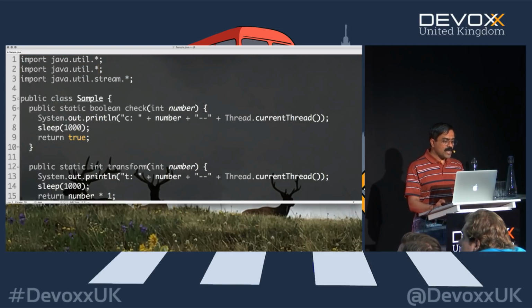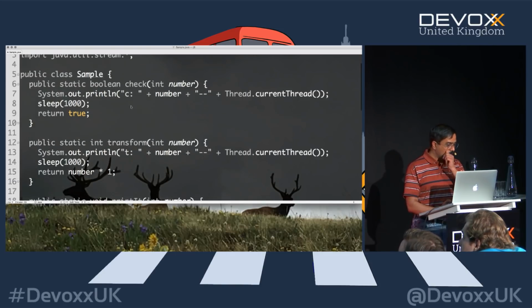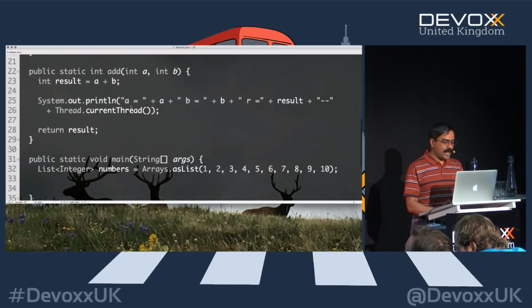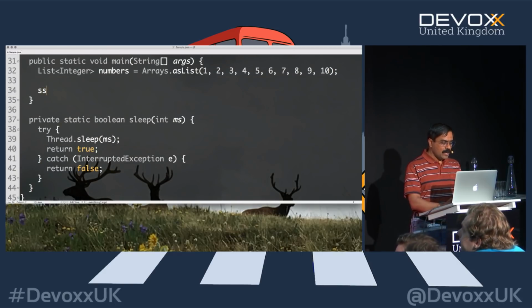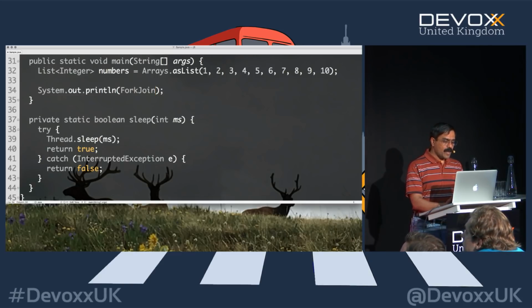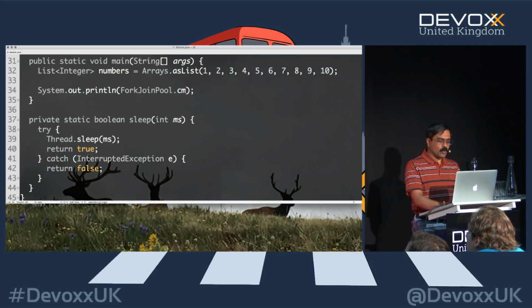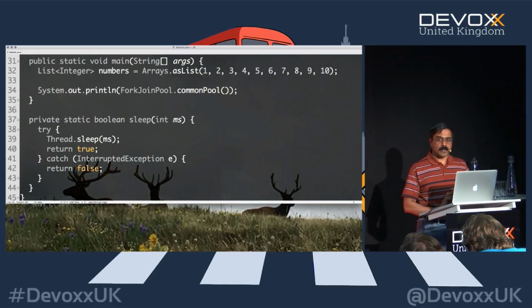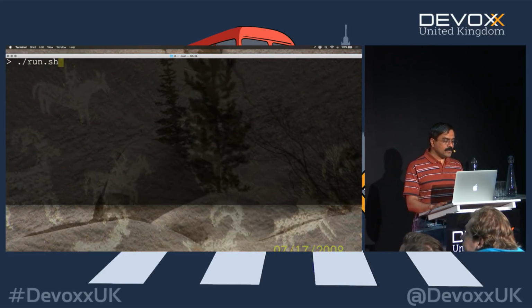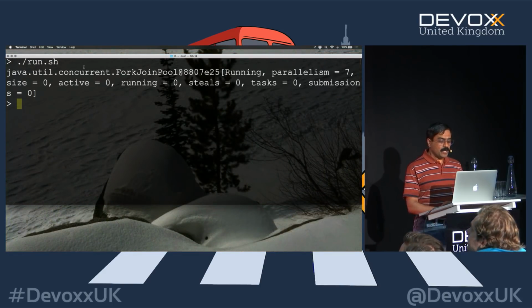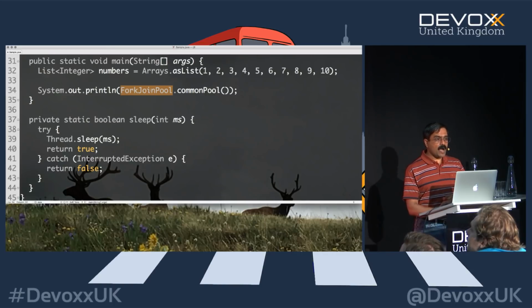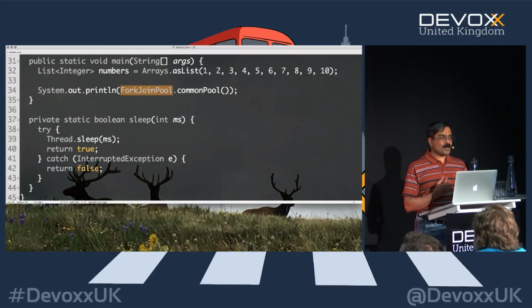So let's go ahead and bring in java.util.concurrent.star. And then in the main, we will say over here, we will say output ForkJoinPool, and then, of course, dot. And we will go ahead and say commonPool. So we'll ask for the common pool and query the common pool that we are getting. Now when we go back and run this little code, let's see what it tells us. It is giving us the details about the common pool in the system. Remember, common pool is what the parallel stream is using by default.